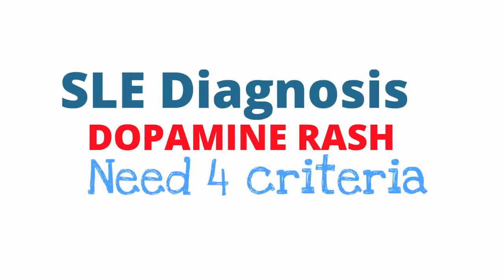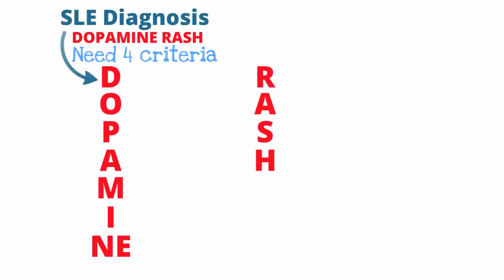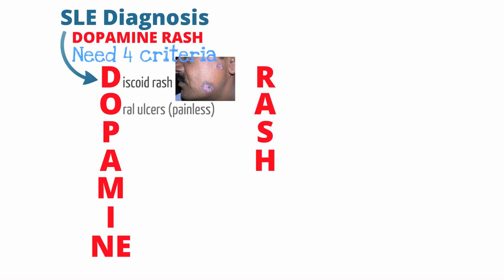The D represents discoid rash. A discoid rash is a disc-shaped rash that is flat but has pronounced redness at the borders. Here we have a picture that demonstrates a discoid rash. Next, we have oral ulcers. Generally, patients will have ulcers that you find incidentally on exam. The way to differentiate these ulcers from infectious ulcers is that infectious ulcers are usually painful, while ulcers from lupus